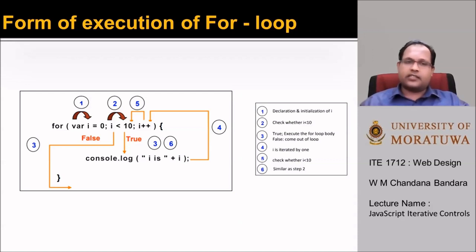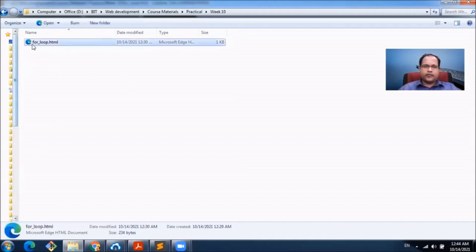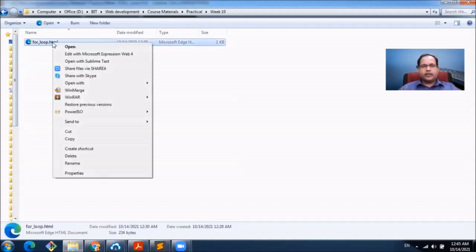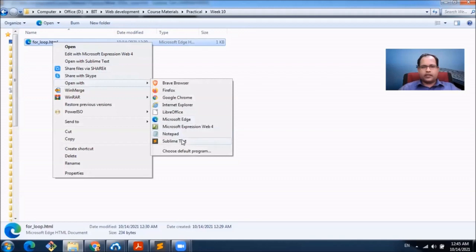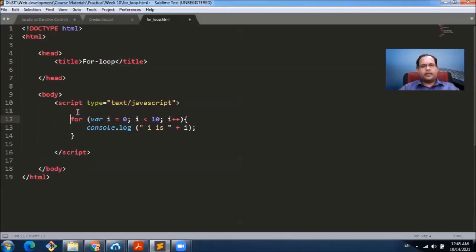Let's see it in action. Okay, now I have this file forloop.html. I'm opening it with our latest text editor, Sublime. Okay, now here we have the basic structure and also we have that example we saw before.